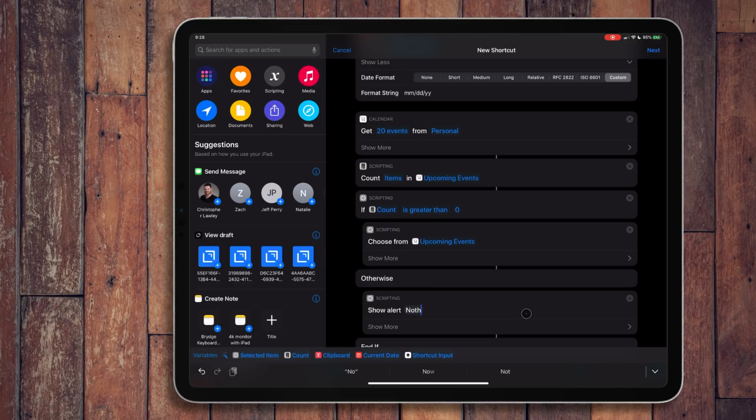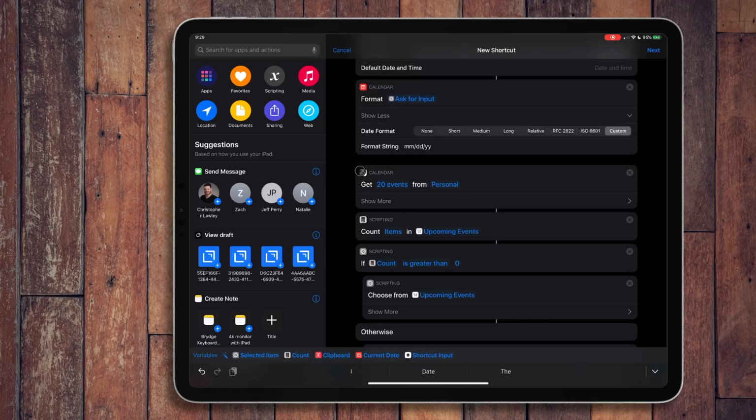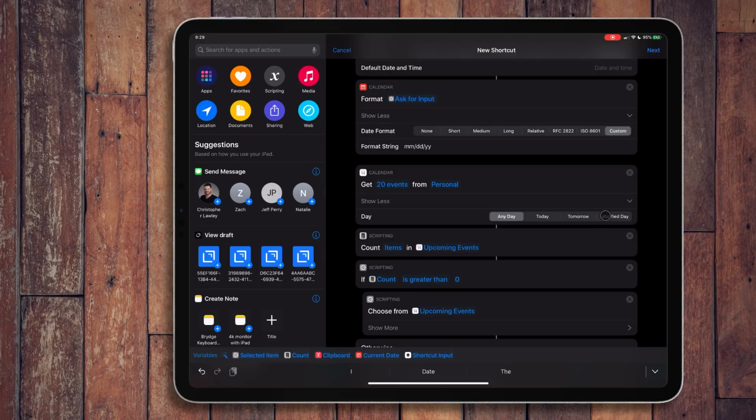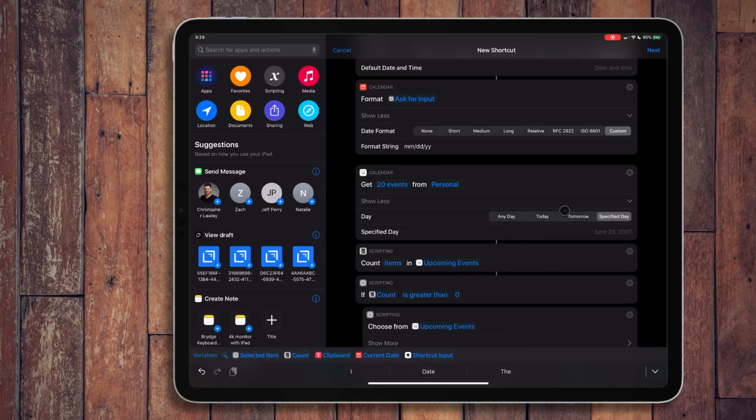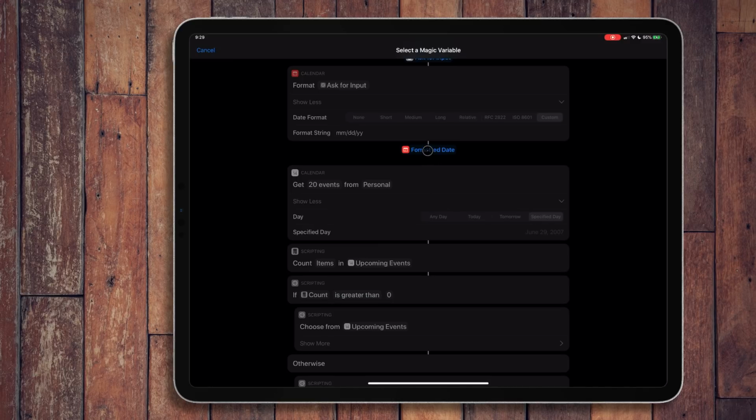And we're just going to say nothing on our calendar today. So there's one other thing I forgot we have to do. We have to come into this action right here, the get events action, hit show more and specify date. Now we need to come down here, click this, and click the magic variable button and hit